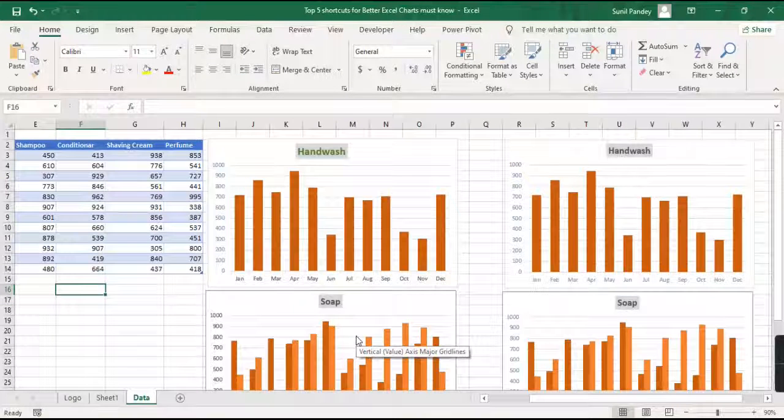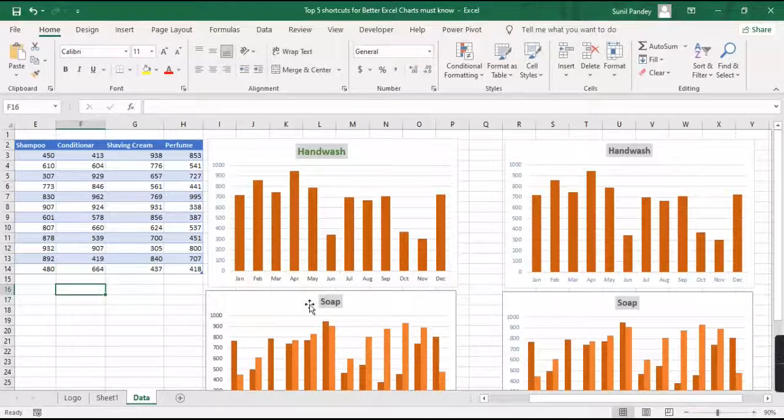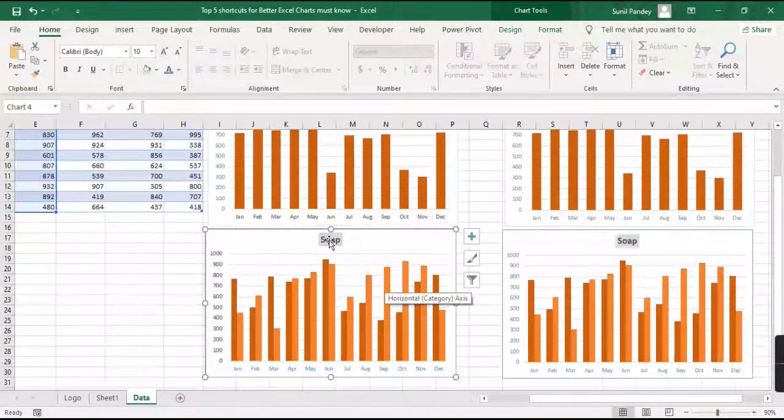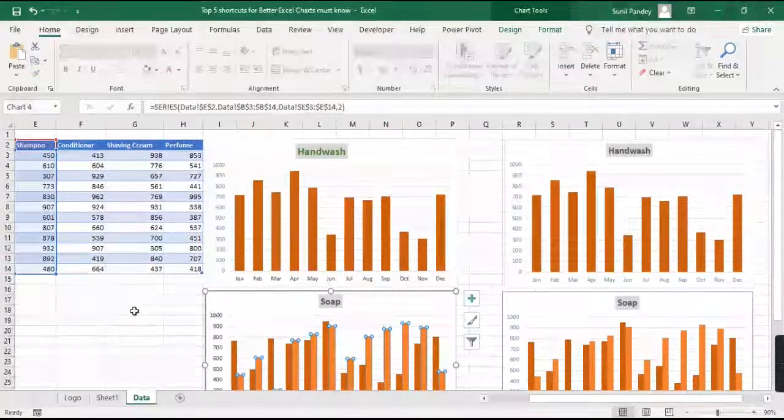I am showing one bonus shortcut, which is the equal to sign. Okay, suppose in this chart we have data for soap as well as shampoo.